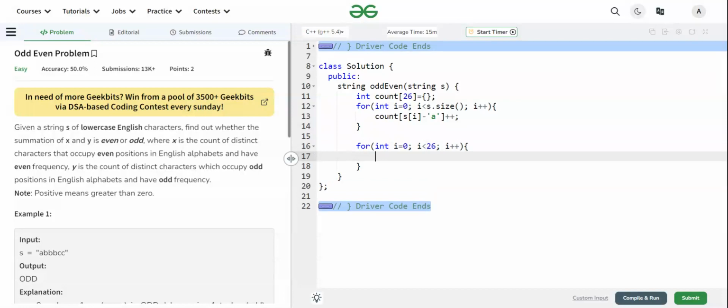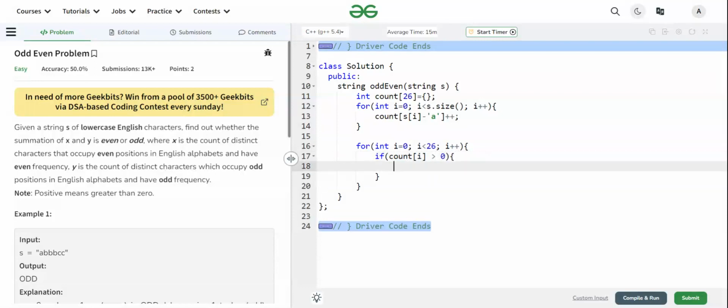In that array we'll check if count of i is greater than 0, then only we will check, because we want the characters which are in the string. So the count value should be greater than 0. This is the condition. Then we will check for the even or odd condition.